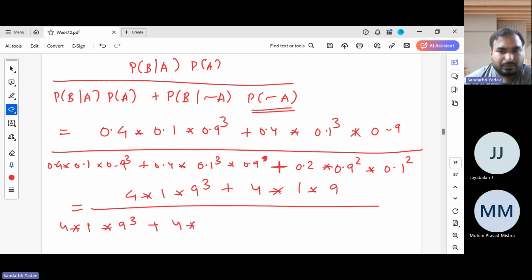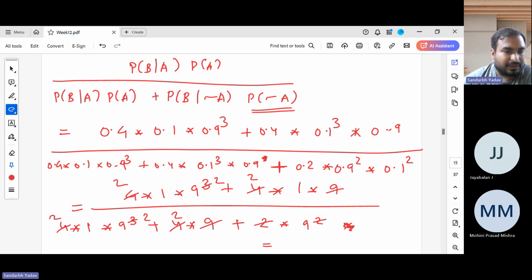Plus 4 into 9 plus, and this will become 2 into 9 square into 1. It's mechanical. So now you can divide by 2. Here it's gone, 2, here it's gone, 2 and 2. Also by 9, so this will become 1. This is also gone, and this will become square. This will become square, and this will be gone. So essentially what we will have left is